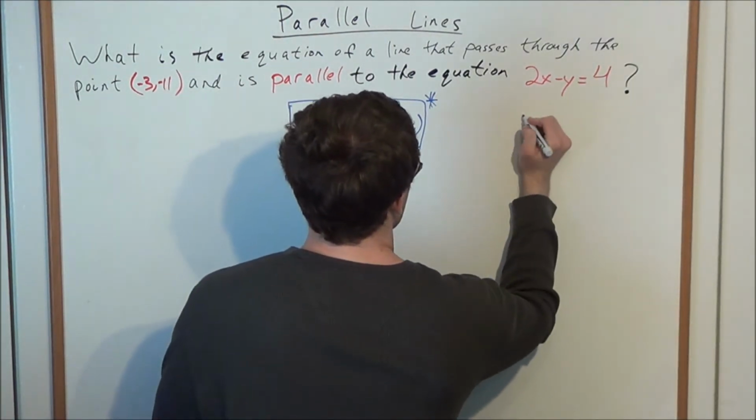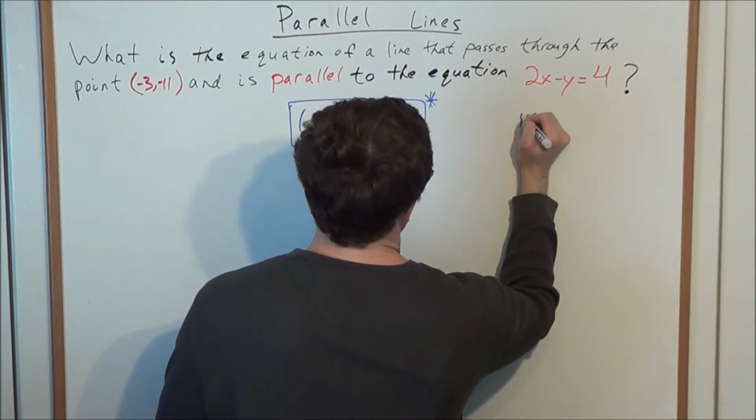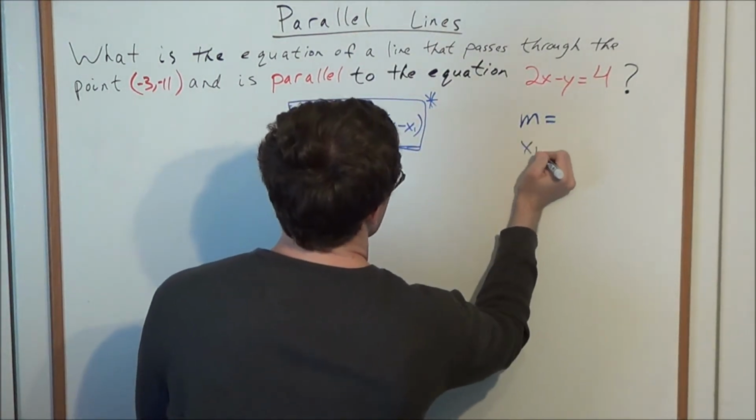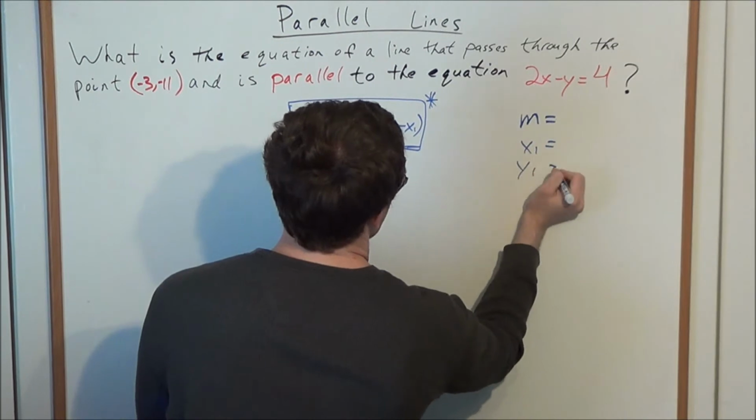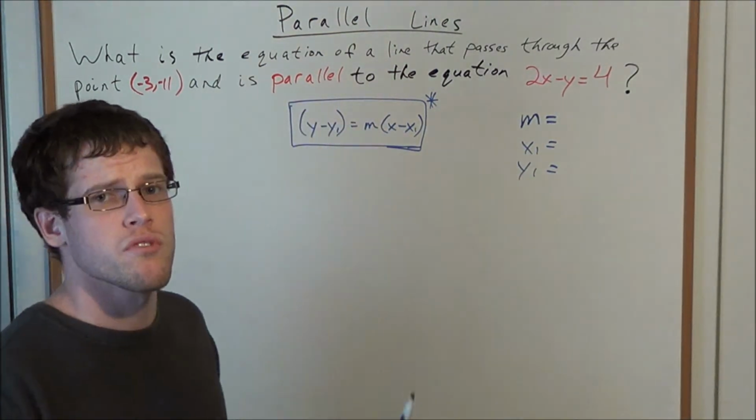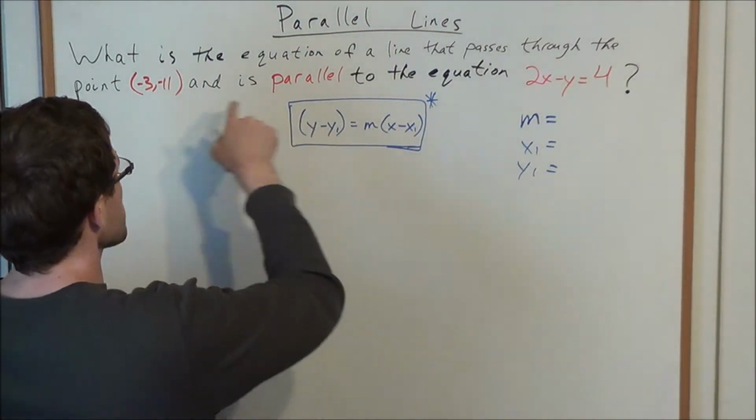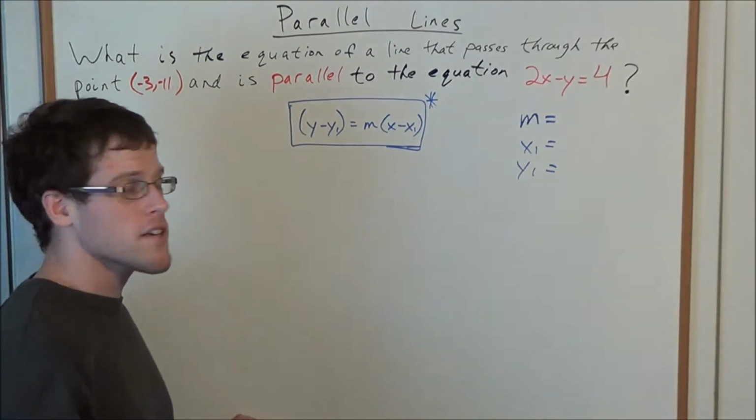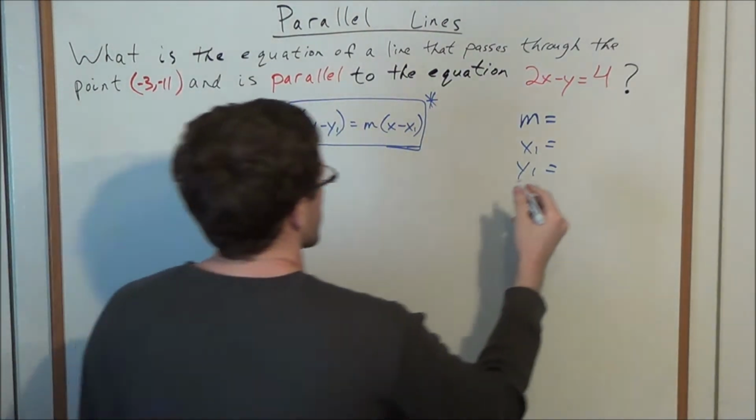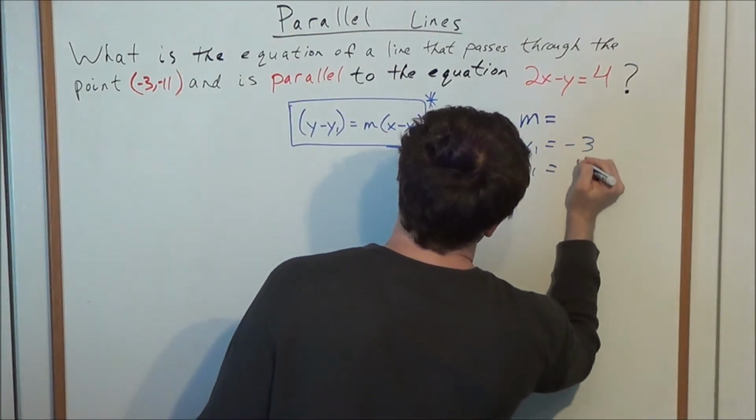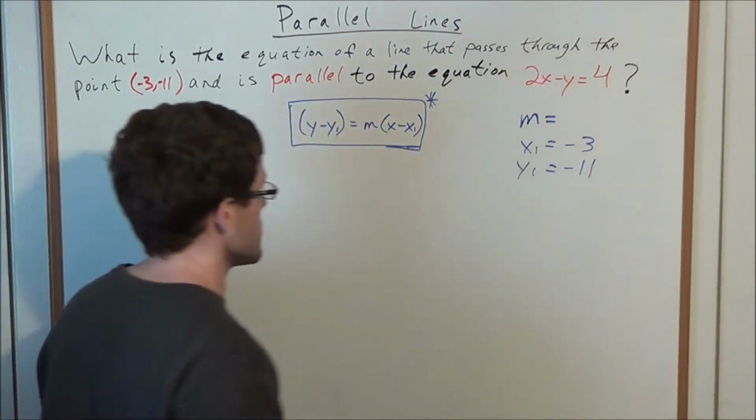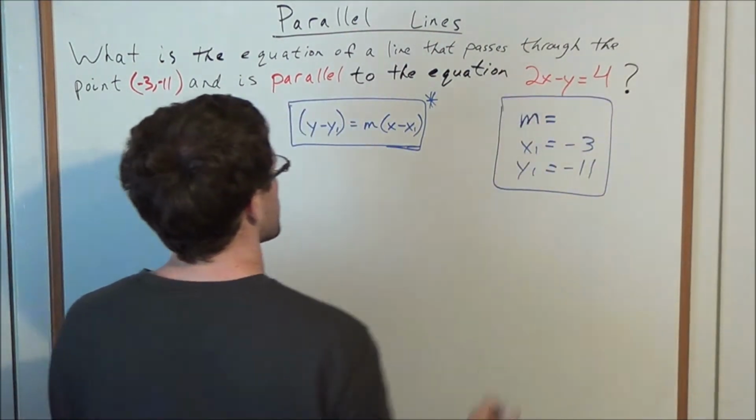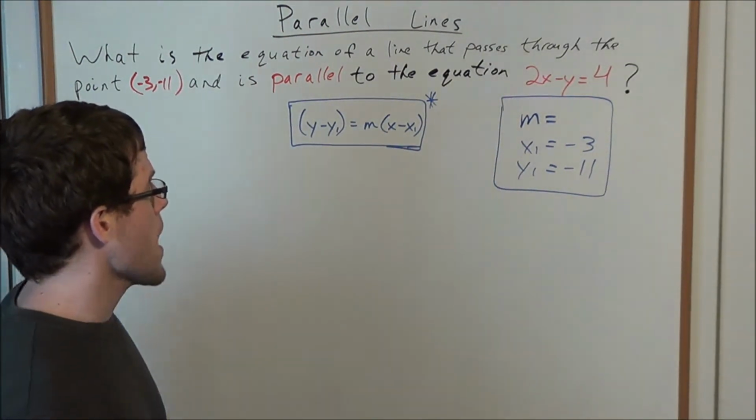Our slope, which is usually denoted by m, our x1, and our y1. Now x1, y1 is really just a pair of points, which they already gave us. They gave us that the point our line is going to pass through is (-3, -11). So x1 would be -3, y1 would be -11. So the only thing we need to find before we can write our equation is m, or the